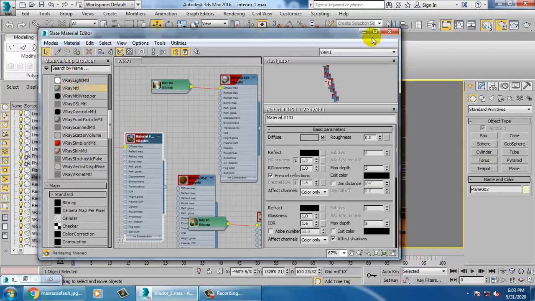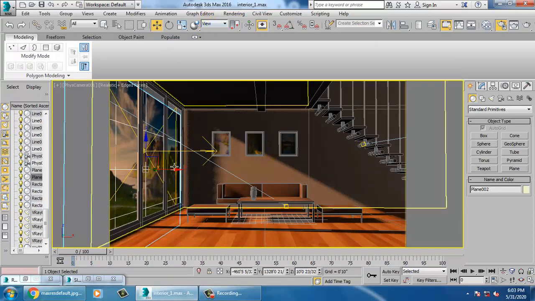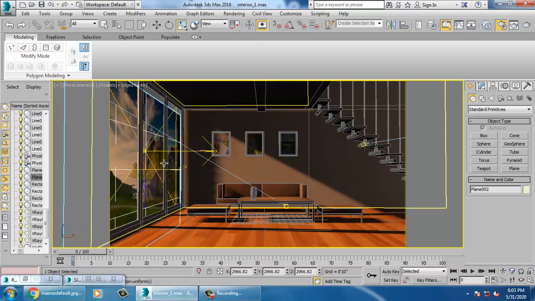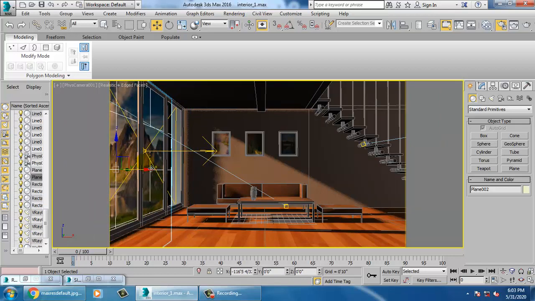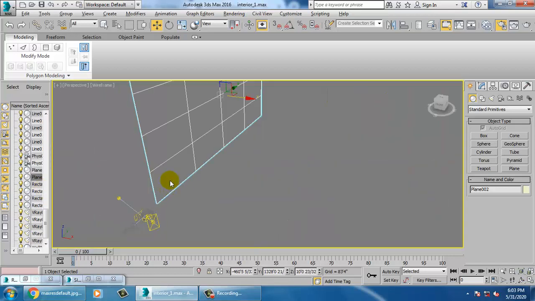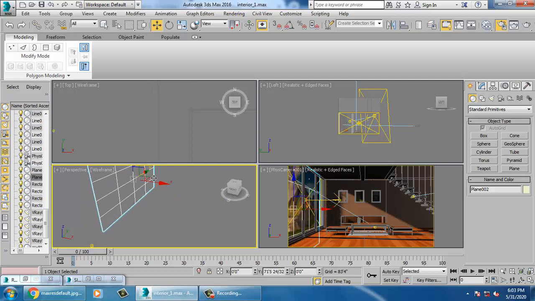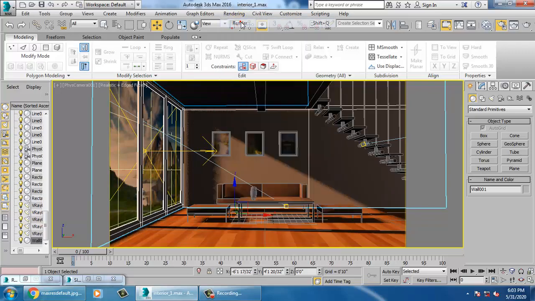So let's see how it looks. Let's render and see how it looks.